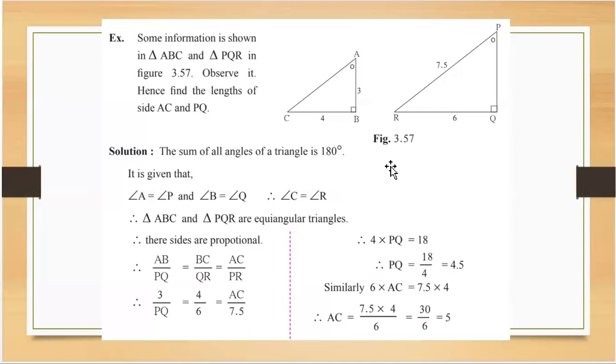Similar triangle के लिए कौन से दो criteria हैं? First is very important, all the angles are equal, equal होना चाहिए. And once all angles are equal, that means both the triangles are similar triangles. And similar triangles में second criteria ये है, the ratio of the sides of both the triangles are in proportion, मतलब all are equal. Okay, so ये तुम लोग को आना चाहिए. ये proportional sides का जो equation है ये लिखने को तुम लोग को आना चाहिए. Once you know that, you are going to enjoy solving these sums because these sums are very easy. So please solve the practice set sums I have given in the video.